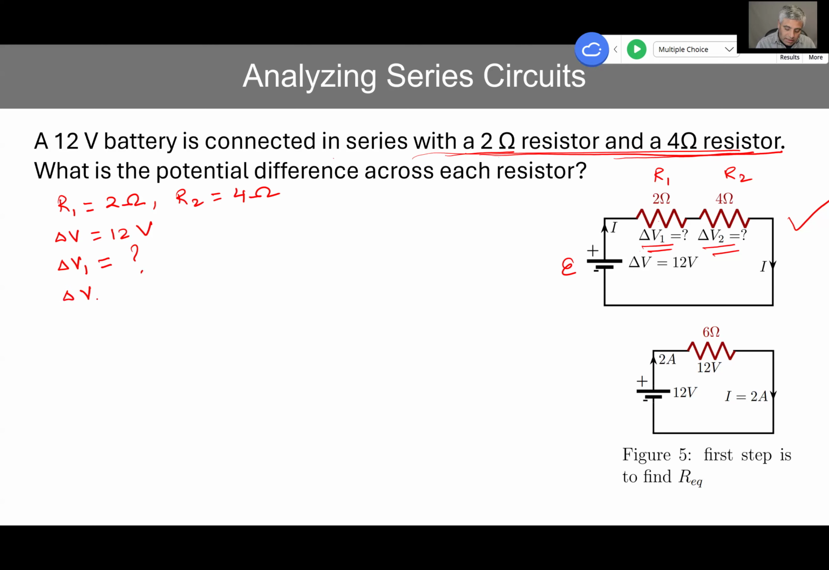Potential difference across second one is what? And that's what I'm writing here in the circuit drawing, okay? So what we know is they are in series. So to do series circuit analysis, what we can do is we want to go from 2 to just 1 resistor. And since they are in series,